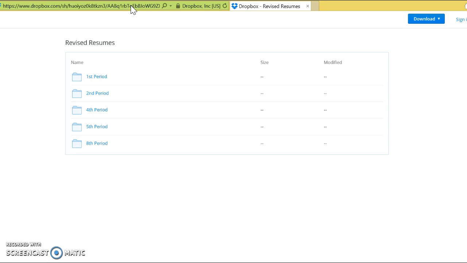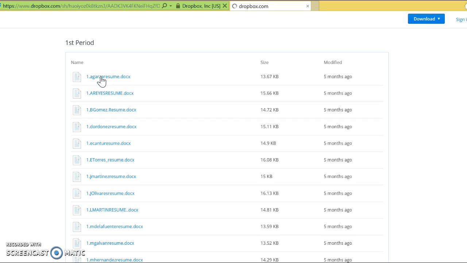Once you are in the website, you will notice that there are folders based on class period. These are organized based on your freshman seminar class period from last school year. So hopefully you remember which period you had freshman seminar. But if you don't, you're going to have to click through and find your name. So as you can see, if I was in first period, and then you find your name, and you would click on your name,